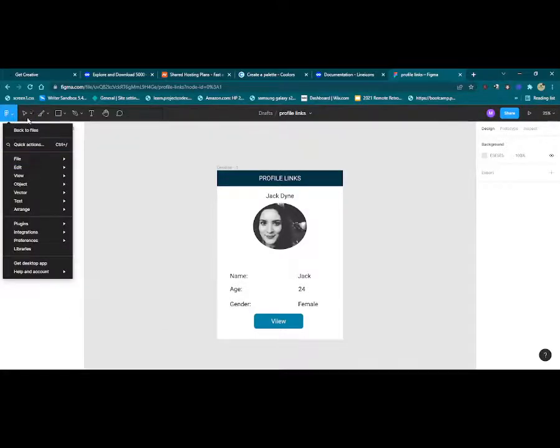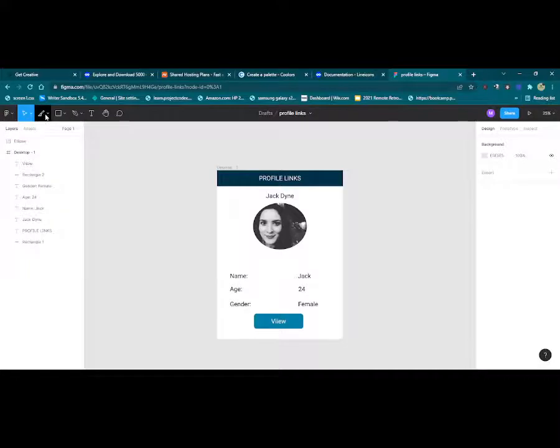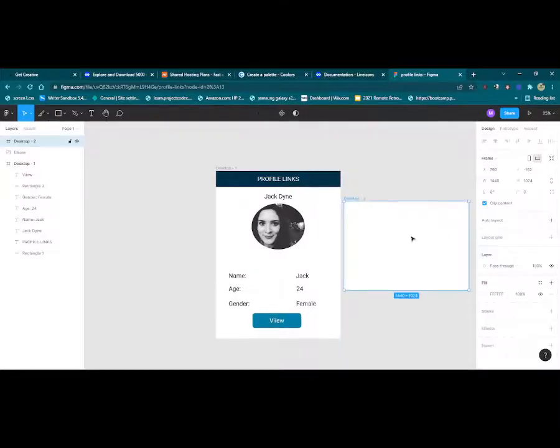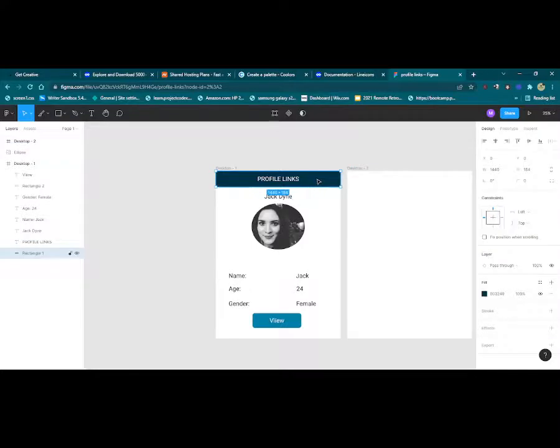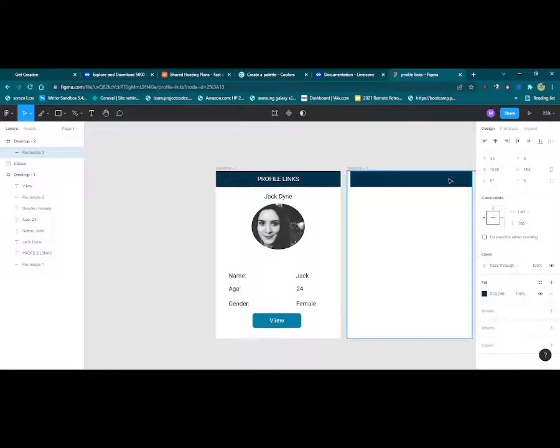So in this tool right here, just click on F, or you can just say F, right, for frame. So I'm just gonna type F, and then it shows on the right panel, right? And then I'm gonna click desktop, right, just to add again something there. And then I'm just gonna scratch it, and I'm just gonna copy this top here, and then I'm just gonna click on Control C and then click on Control V, right? Just gonna paste that,